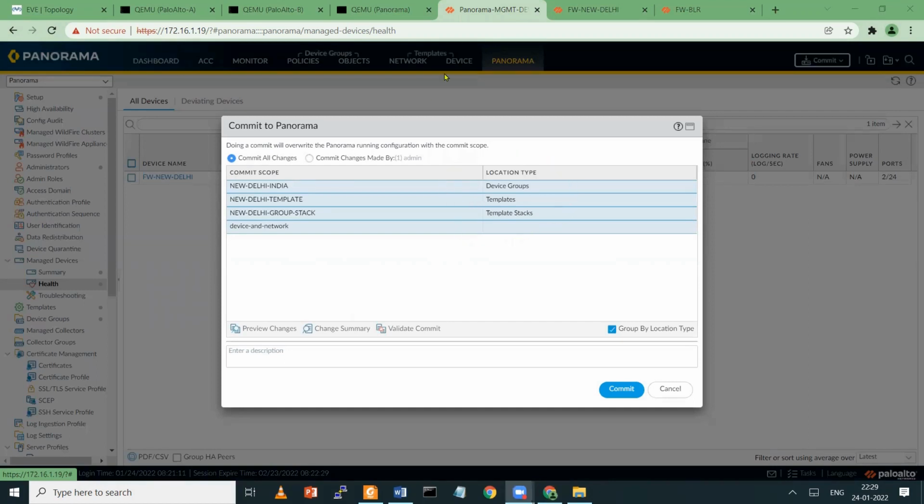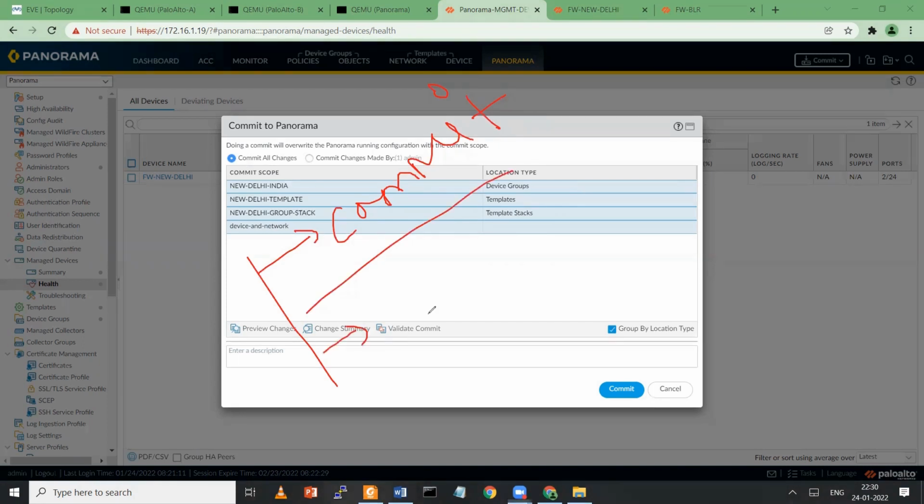Guys, see, there are three types of commit. One is your commit to Panorama. It means you are trying to commit the changes which you made on Panorama. Another type of commit is push to device. Let's say on a certain device group you made certain changes, like a policy configuration, and you want to push it to a particular group, so push to device group.